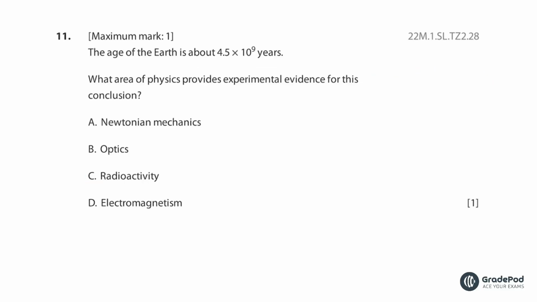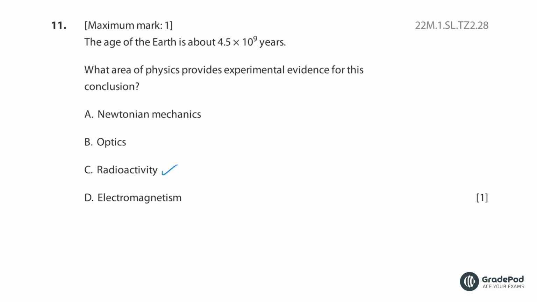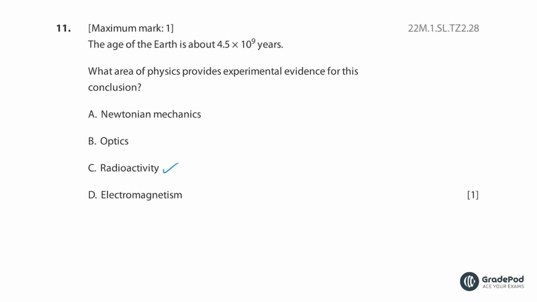Question 11. The age of the Earth is about 4.5 times 10 to the 9 years. What area of physics provides experimental evidence for this? Well, given that we're doing a radioactive topic, the answer is pretty clear. But if we weren't doing a radioactive topic, you would be looking at these and thinking, well, how would optics, Newtonian mechanics and electromagnetism help us? The only possible one might be electromagnetism in terms of the Earth's magnetic field, but the rest of them are